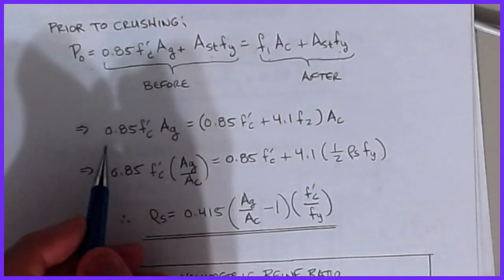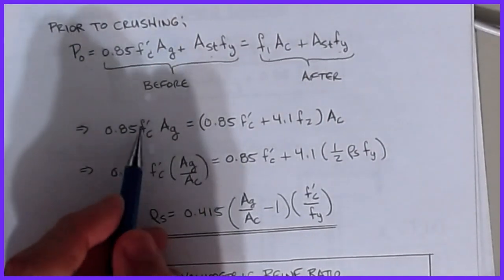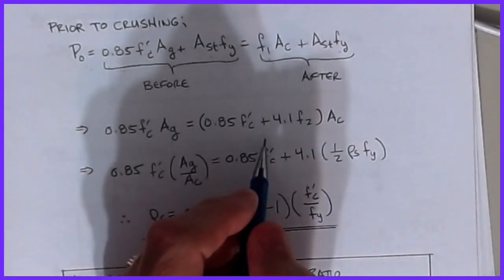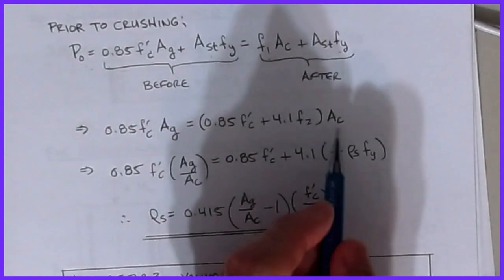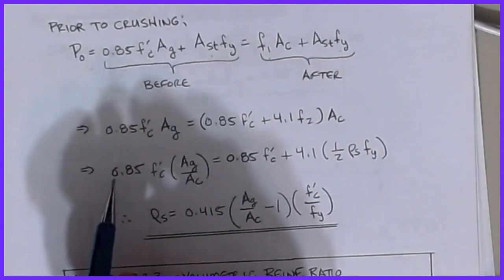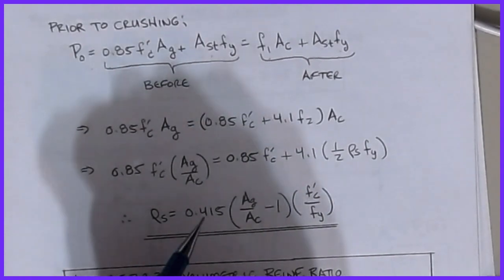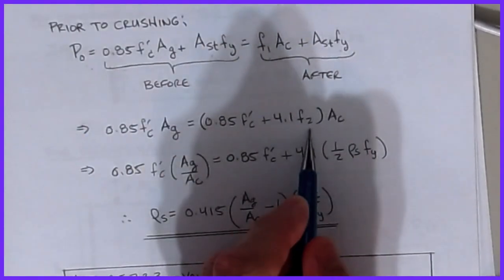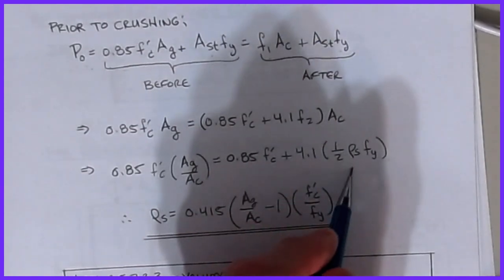All right, so we're just doing a little bit of algebra at this point. 0.85 F prime C AG is going to be equal to 0.85 F prime C plus 4.1 F2 multiplied by the area of the core. Okay, and so very quickly we can come back in and make some arrangements for stuff, and notice that F2 is in here, so now I can take my formula for F2